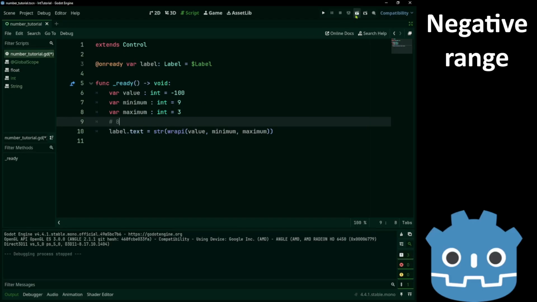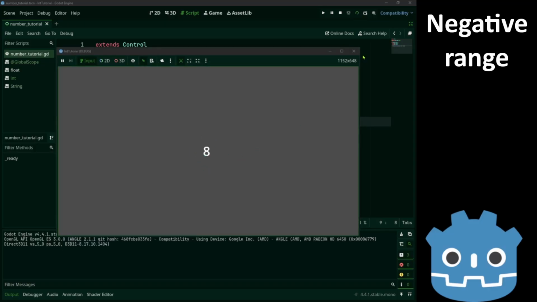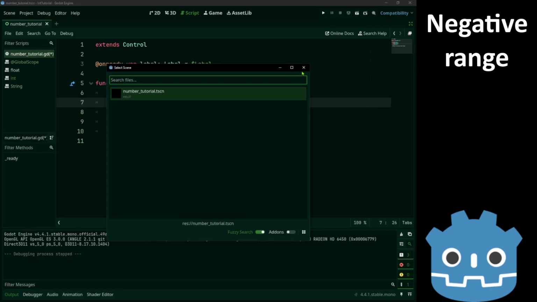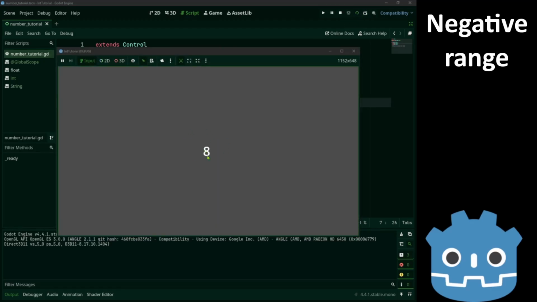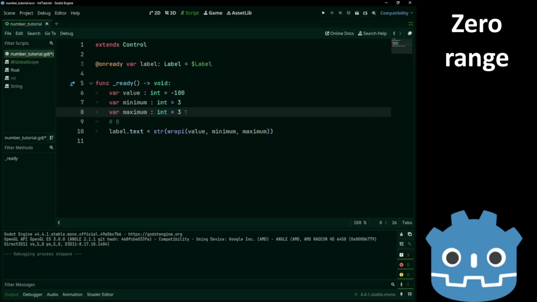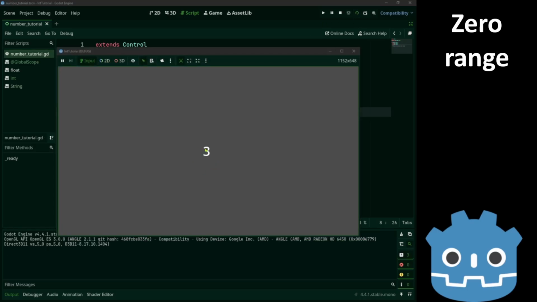And we get 8. Which was the number we had before. Now, as we saw here, if the range is 0, we get the minimum. That means min and max are the same number. The result will always be 3.